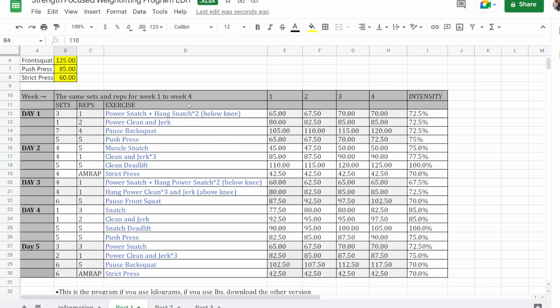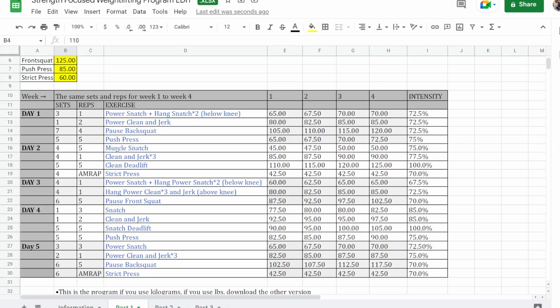But what this program does have is high frequency. So 5 times a week, minimum, on all the weeks. The reason for that is to maintain your technique. Training high frequency is the best way to maintain your technique in Olympic lifts. It's no good doing Olympic lifts 2 or 3 times a week and piling all this volume together. It just won't work like that. It's better to spread it out over the whole week. That's the best way to maintain your Olympic lifts. So this program really has the bare minimum amount of volume you need to maintain your snatch, clean, and jerk numbers